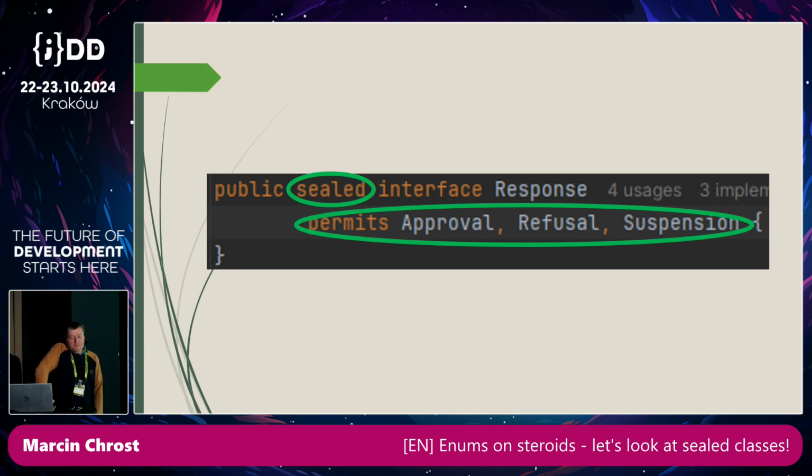So it also appears that we have a third clause appearing in the Java syntax when we are talking about classes and interfaces, because the first two are extends and implements, and permits is the third one. Of course, there are some small exclusions where this clause is not mandatory, if we are just writing some classes in the same file as the sealed class or interface, but let's skip it for brevity. So we have these three classes here, and there is a possibility that no other would be able to